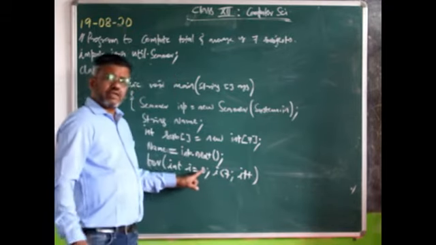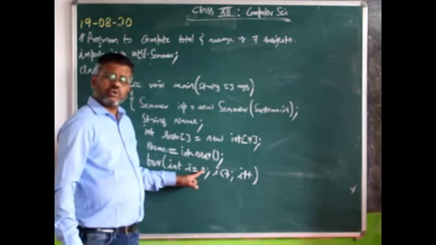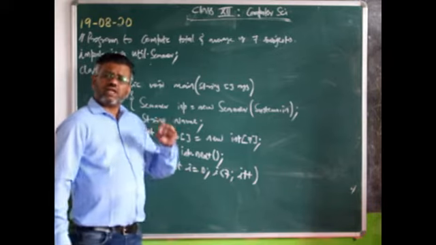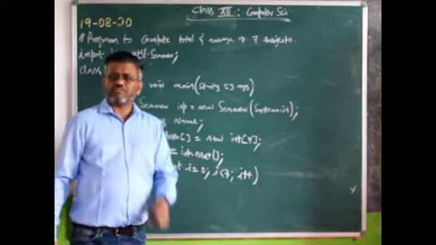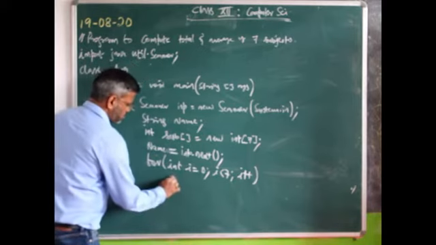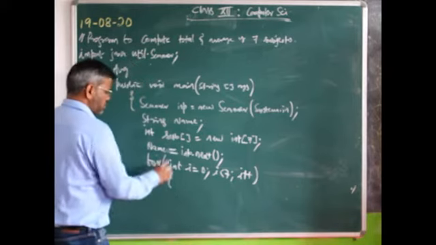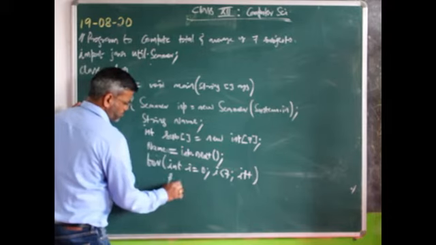Mind you, boys and girls, I value because it has to start from 0. Because array always begins from 0. It will not begin from 1. What I do is, I input